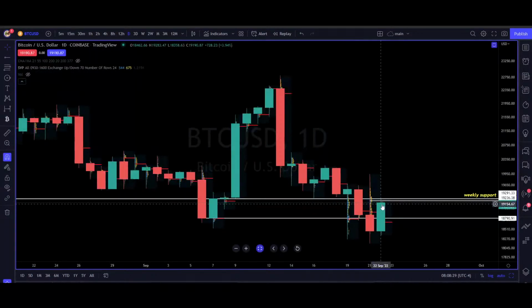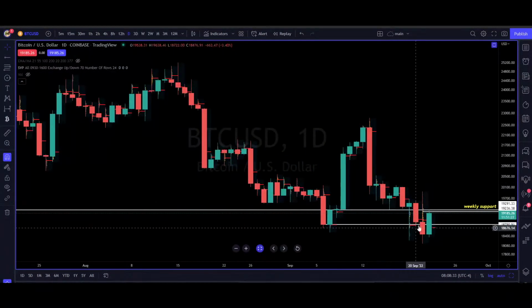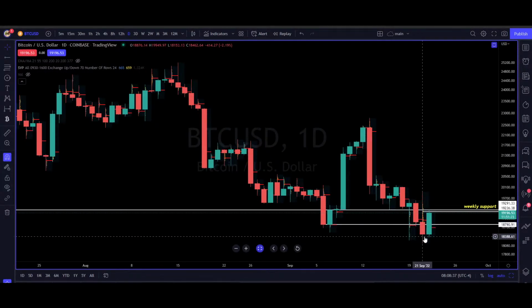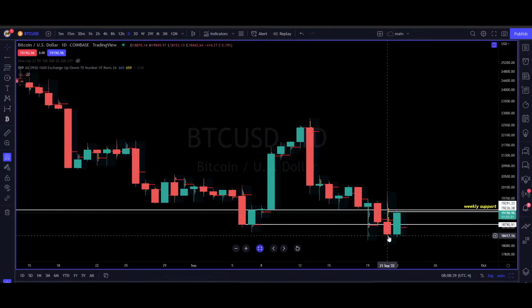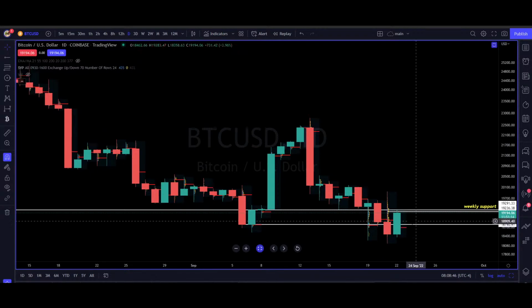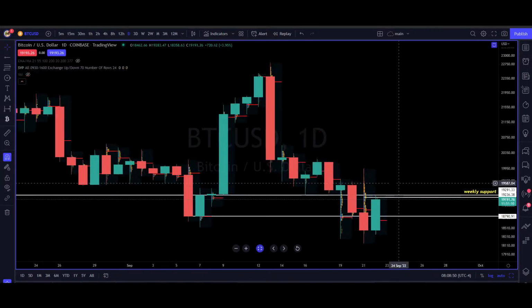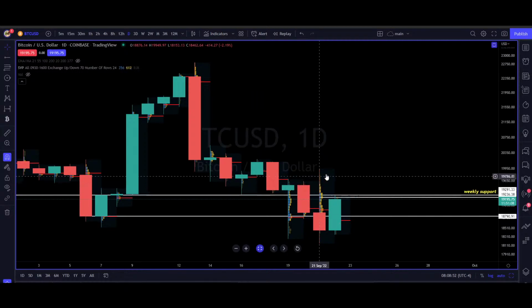Now, with this being said, we know that traps exist, all right? We know they exist, so there is potential for this to be a trap. The problem is it's a bearish engulfing candle, and you're in a macro downtrend, and you're in a short-term downtrend. The last 3-day order flow's bearish. I mean, there's really not much good news out there. So we'll see if today ends up being a trap.